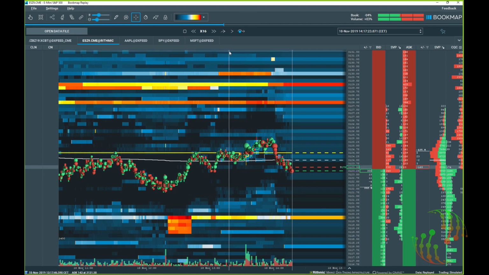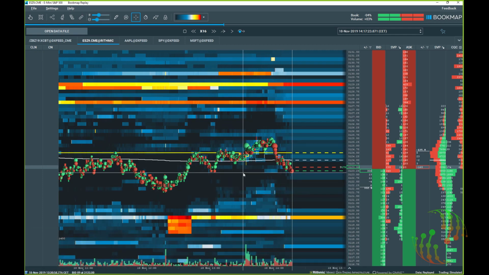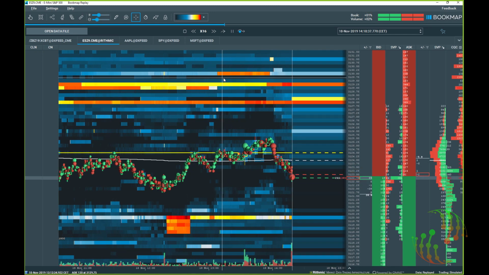Now, what do we see here? We are talking about liquidity, not about the price, not about the order book, not about the volume, and so on. We are talking about liquidity. So we definitely have more liquidity at the top. Yes. At the bottom. Yes. Good. But what do we see here? Oh, not too much around the price. Absolutely. A black hole. Let's see what's happening here.